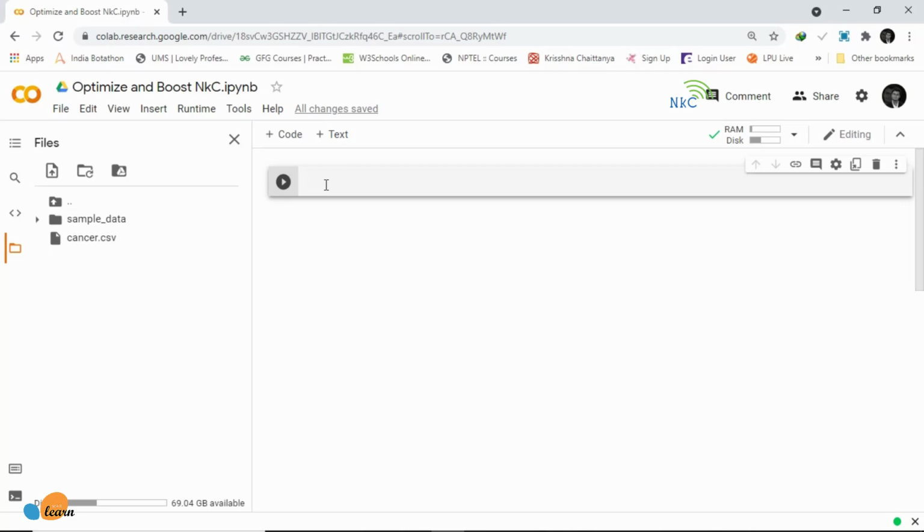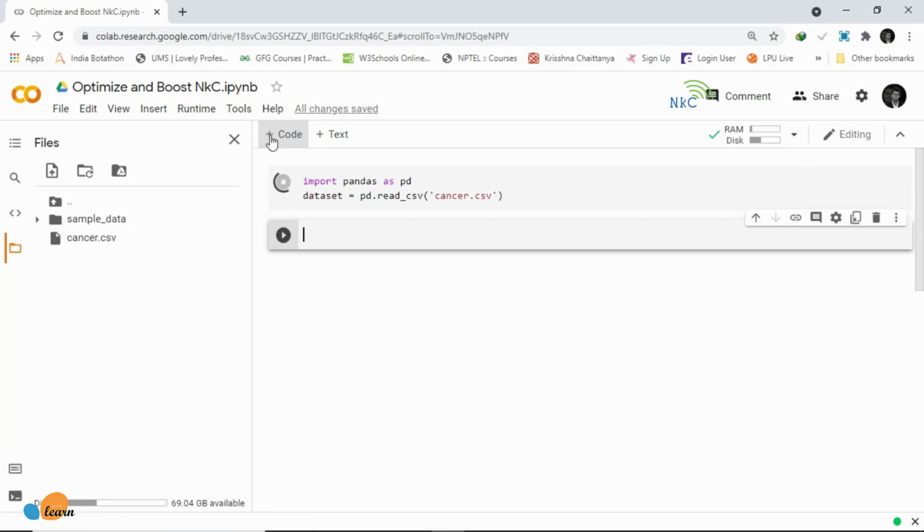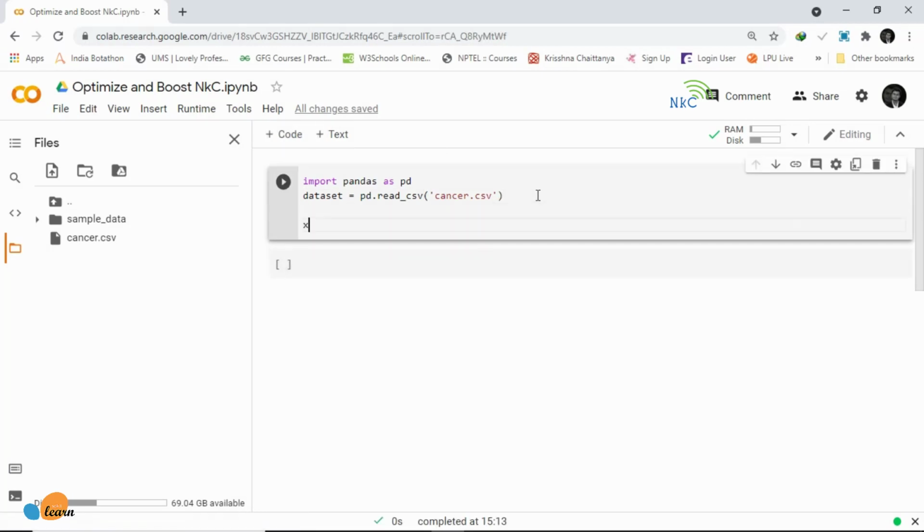So we are going to say import pandas as pd and say dataset equal to read_csv cancer, and then we are going to set the X equal to, if you remember from the last video, dataset.iloc, and we are going to do colon, and then from 2 to 29 values, and y is going to equal dataset.iloc, and we are going to have 1 right there, values. Alright, we will run that.